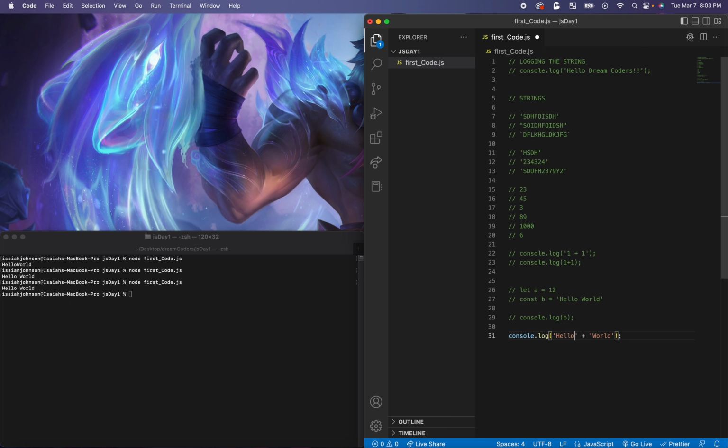Okay. Or the other way. Hello plus space world. And it all works. Okay. So whichever one you feel comfortable with, whichever one makes more sense to you, do it. But just be aware that whenever you're concatenating things, it's taking everything at face value. So we can start implementing